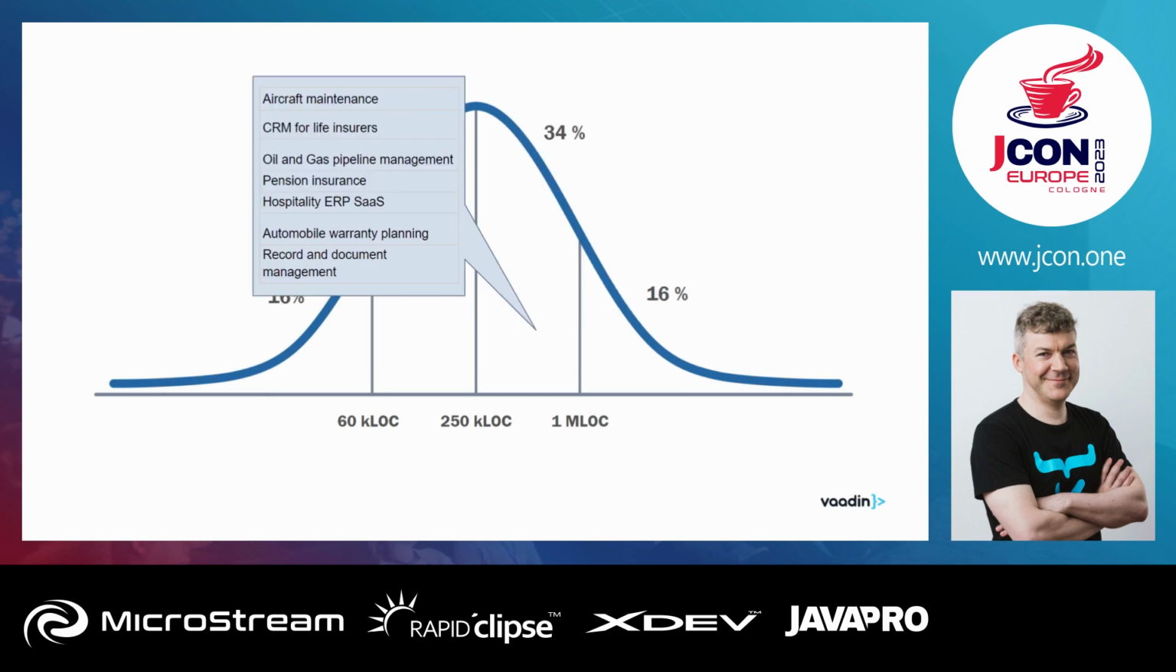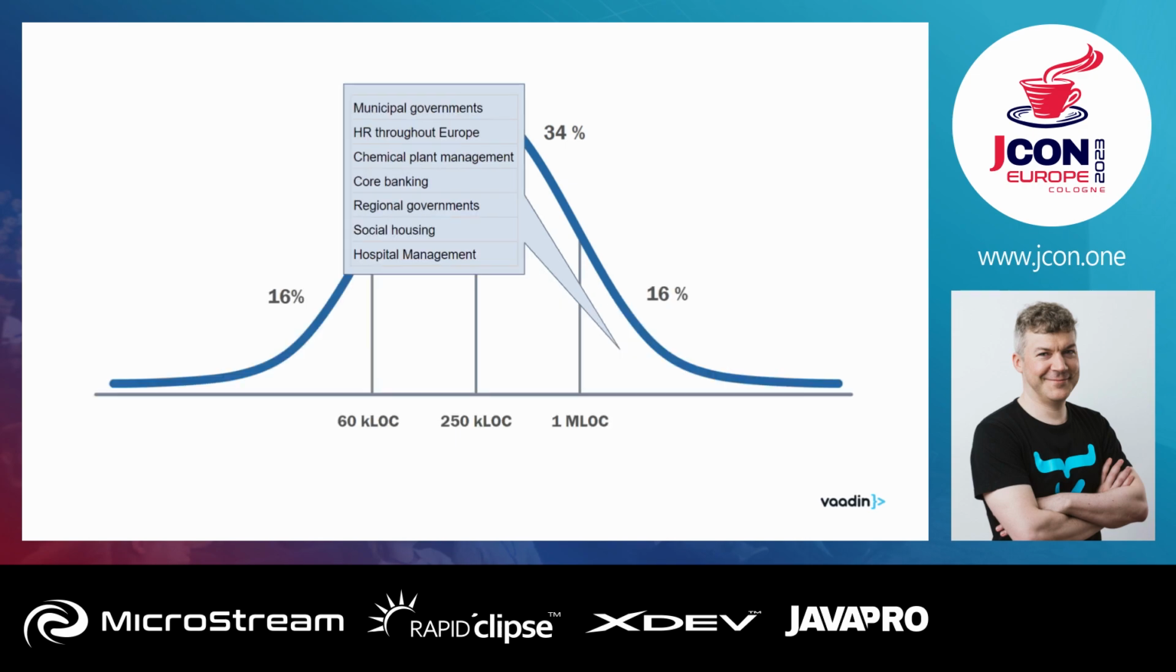The third slice, where we have between 250,000 and 1 million, there we have multiple narrow specialized parts of a broader domain. So we have things like record and document management, aircraft maintenance, pension insurance, oil and gas pipeline management. These would be examples. And then the largest slice, or the slice with the largest applications,